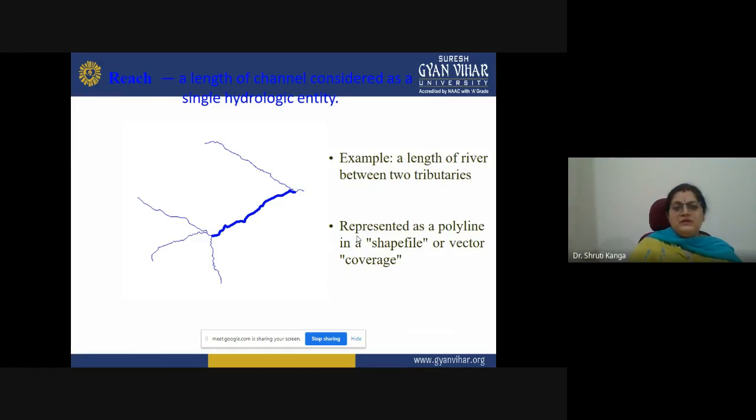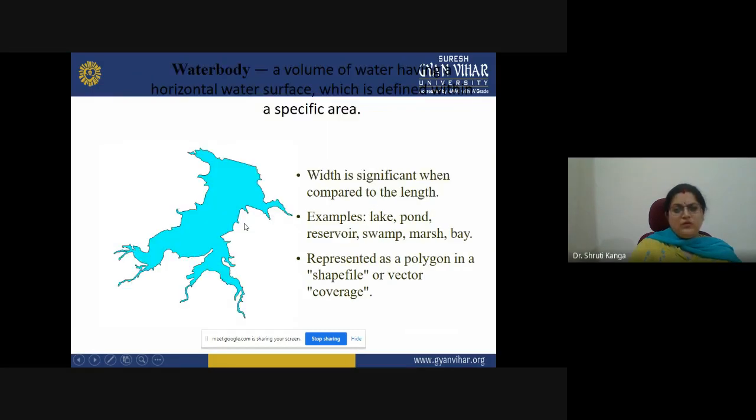Then this is the length of channel considered as a single hydrological entity, for example, a length of river between two tributaries. It is represented as a polyline in a shapefile or vector in a coverage file. Okay, this is a water body.